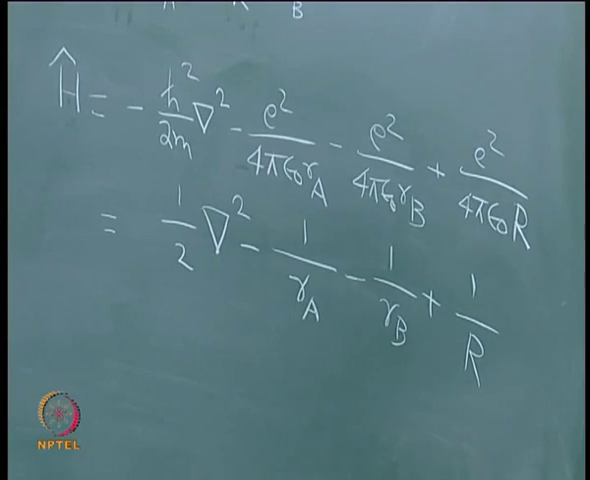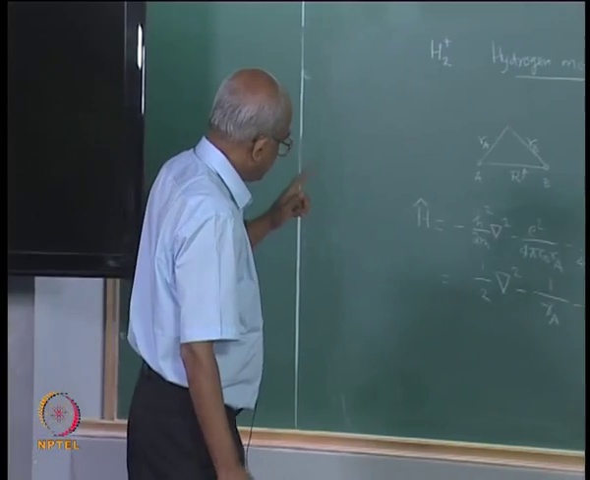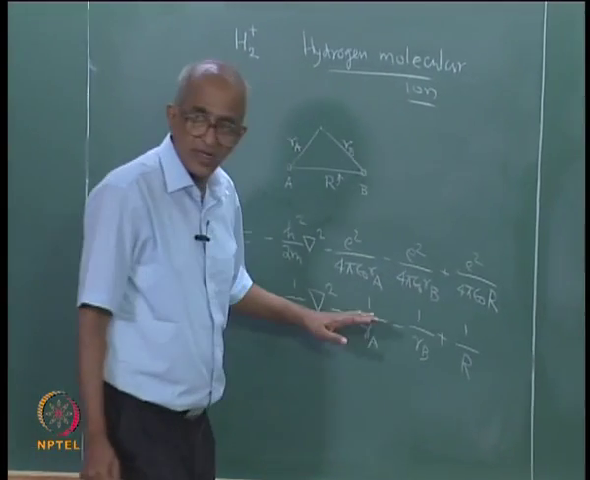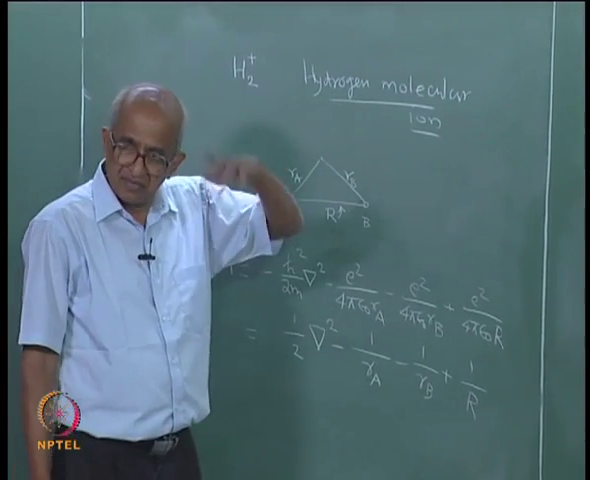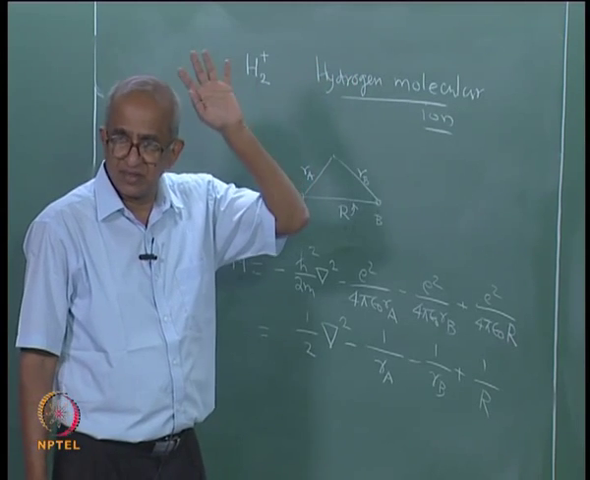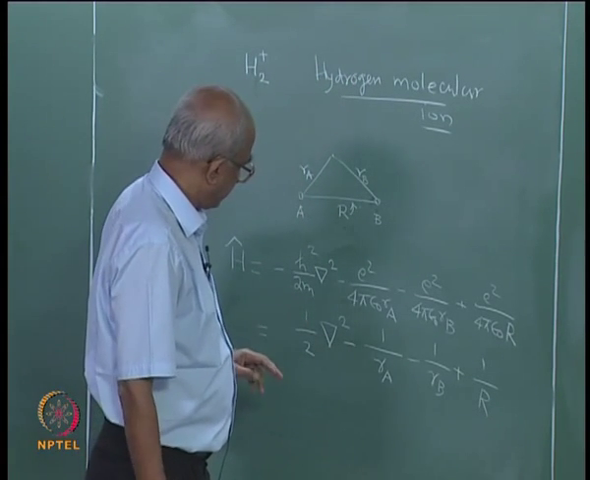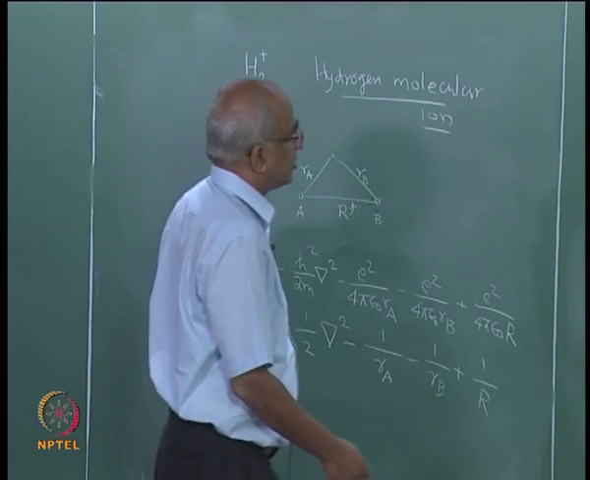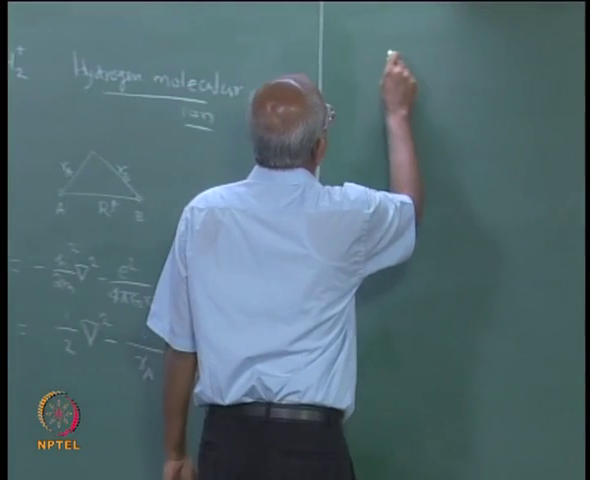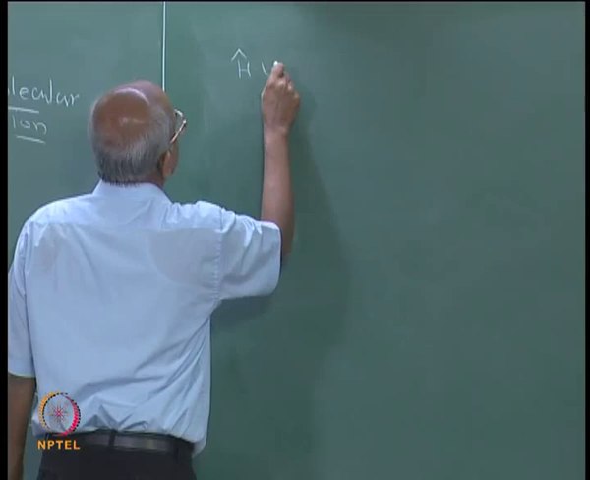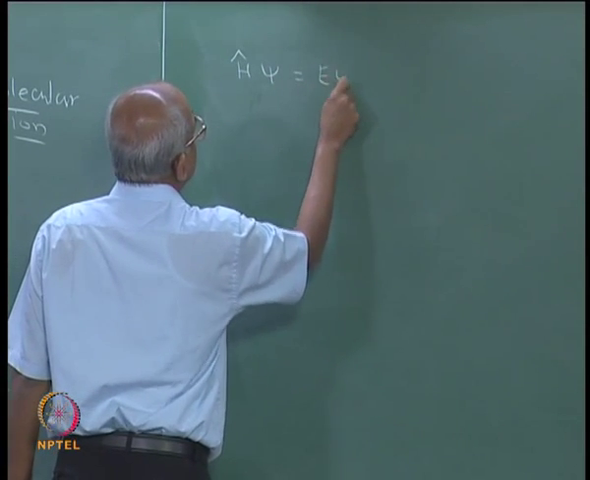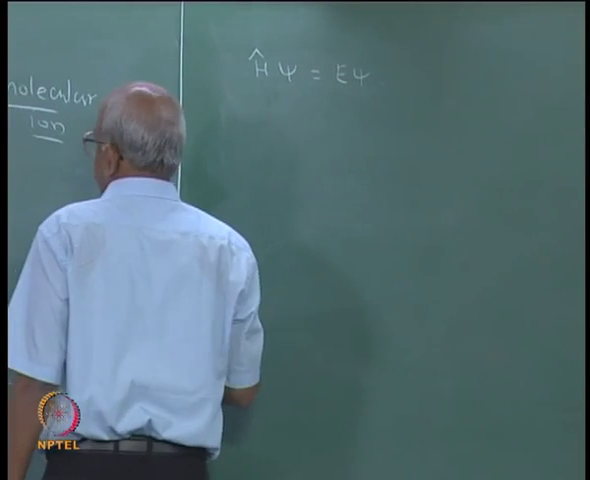Okay. Now let me repeat, this does not have the kinetic energy of the nuclei in it. We will have to worry about that, and we will do that later. Okay. So this is my Hamiltonian, and what is the equation that I should solve? I should solve the equation H psi is equal to E psi,